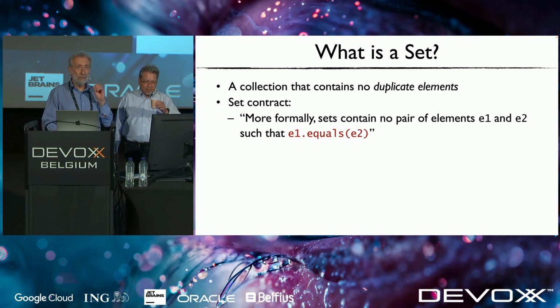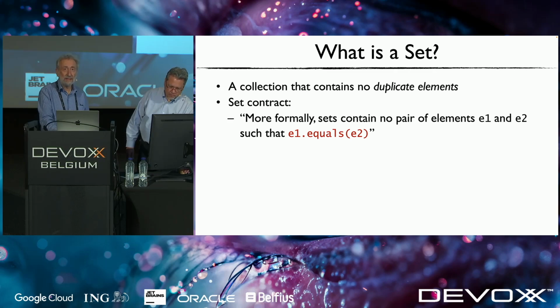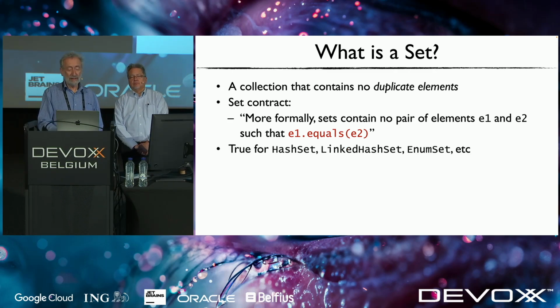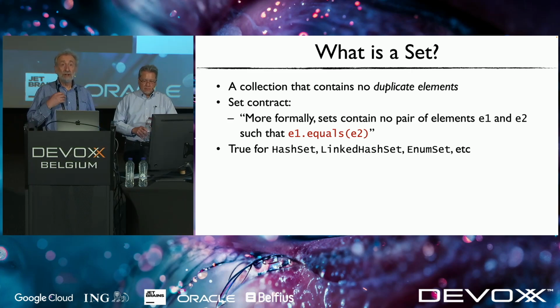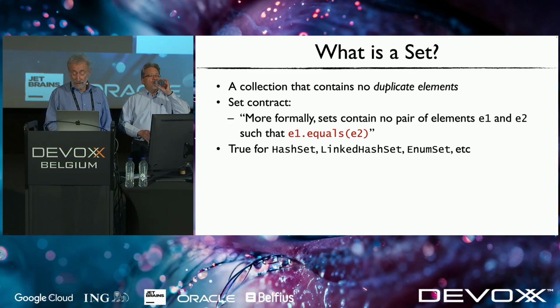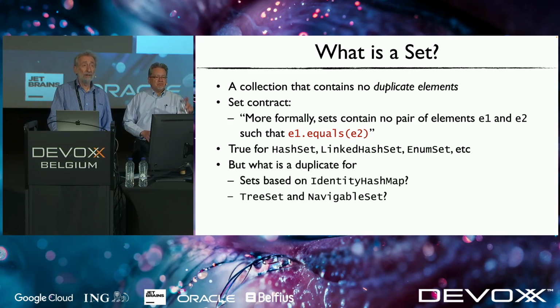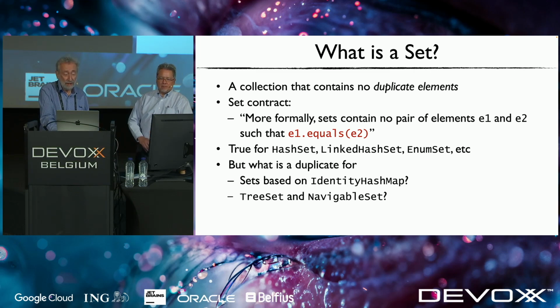Right? E1 equals E2. And this is in fact true for HashSet, LinkedHashSet, EnumSet, and lots of sets that we expect to use, and the corresponding maps, all the standard maps. This is true. But you've just seen that that's not an adequate definition of duplicate for sets